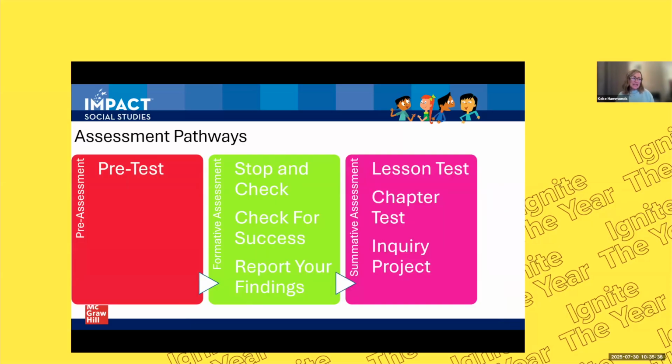Here are some additional assessment pathways. There is a pretest if you choose to use that in grades 2 through 5. We have stop and checks, checking for success, reporting your findings. And finally, as I mentioned, there's a lesson assessment, a chapter assessment, and then that inquiry project. So lots of different opportunities there